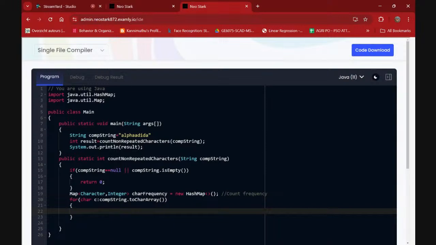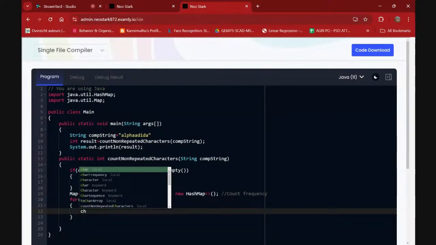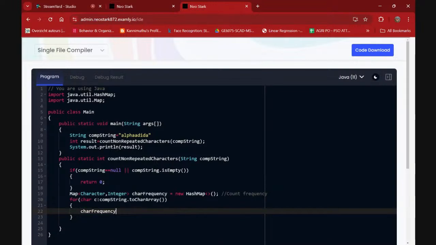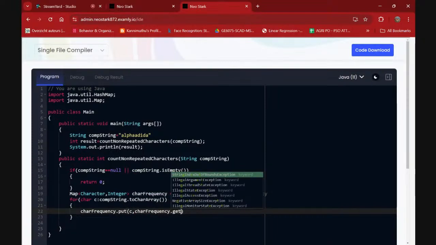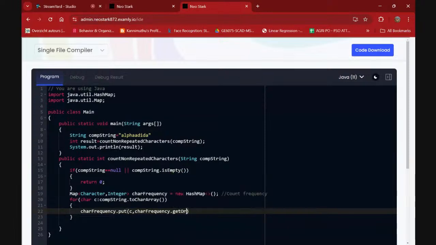Now I have my map being defined, and I'm going to use my char frequency, which is the map reference, and put that particular character. Using that reference, I just enter my character, and then char frequency dot getOrDefault.